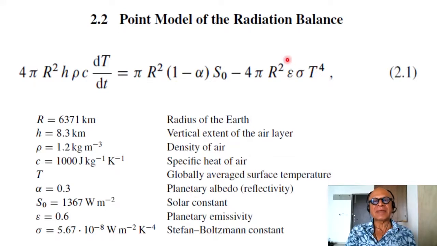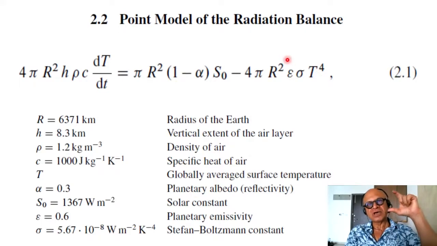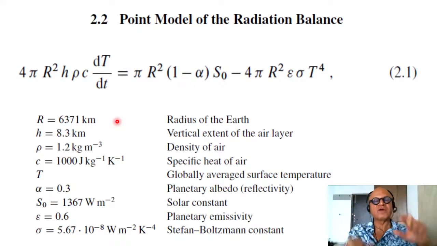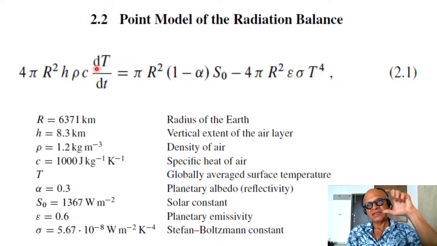This is our first parameterization. We are assuming that the globally averaged atmosphere has height h of 8.3 kilometers, which is the average height of the tropopause if you average over the globe. The emission to space of the long wave radiation is being done by the average temperature of this air, which has the same temperature as well, it doesn't have to, it has the average surface temperature